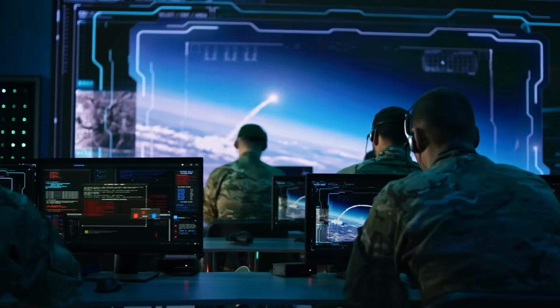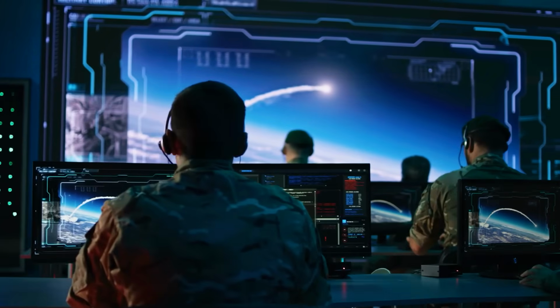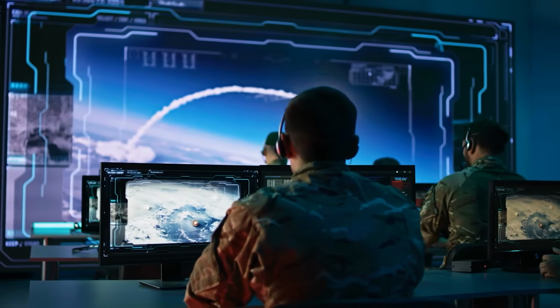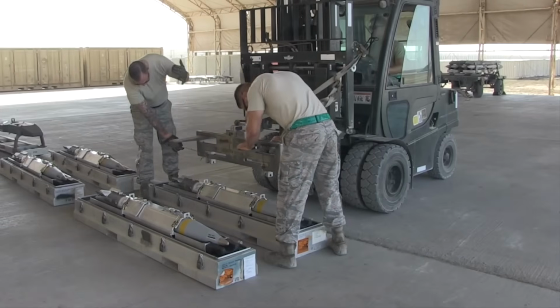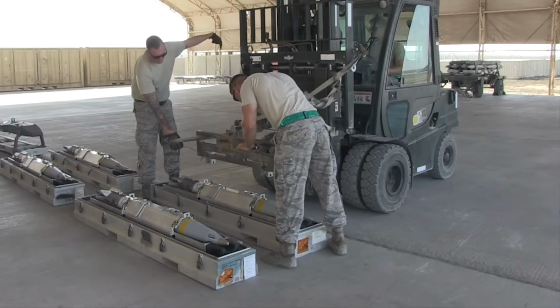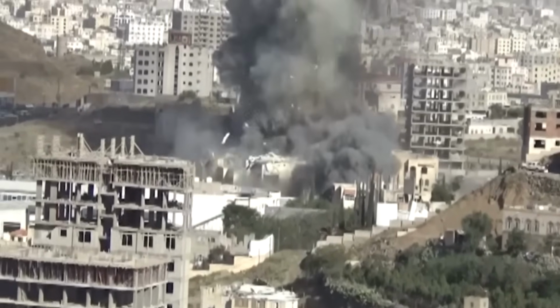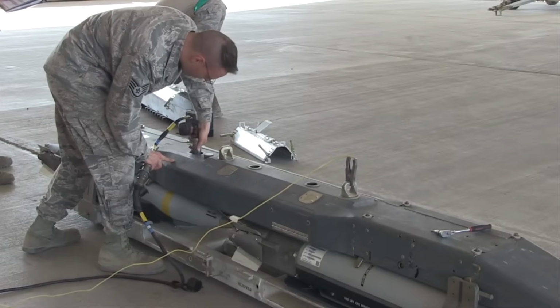This weapon was initially developed during the Gulf War to target Iraqi underground command centers, and it has since been upgraded to enhance its effectiveness against heavily fortified structures. A more advanced version, the GBU-72, could also have been used in this mission. The GBU-72 is designed to be more effective against deeply buried targets, making it a strong candidate for use against